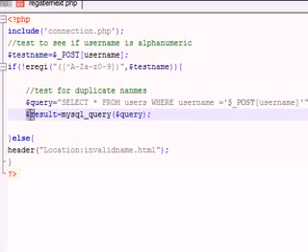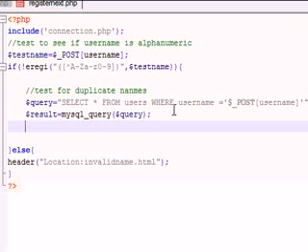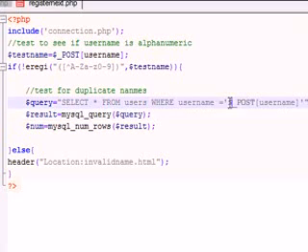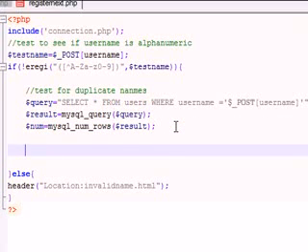The next thing that we want to do is make a variable called num, and this is going to be actually a number, using a built-in function called mysql_num_rows. In your parameter, type in the action you want to test. What this is going to do is get all of the rows that your action found. So if there is one username called whiteblue1942, the variable num is going to be set to 1. If there's none, then it's going to be set to 0. If there are 2, then it's going to be set to 2. We need this information so we can test whether or not we should allow the user to keep going and register or not. So let's go ahead and say if